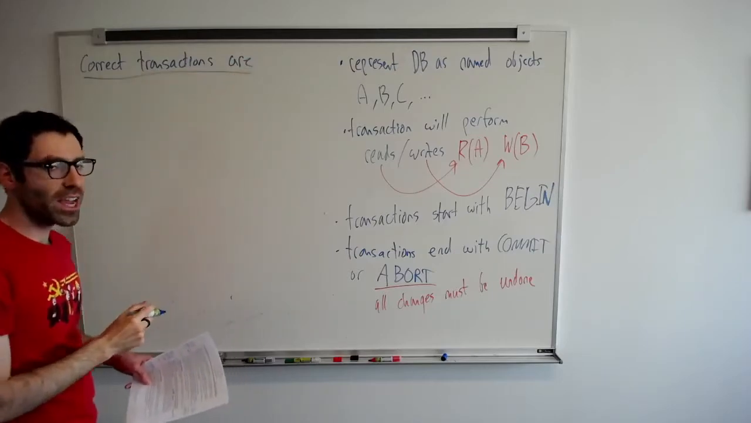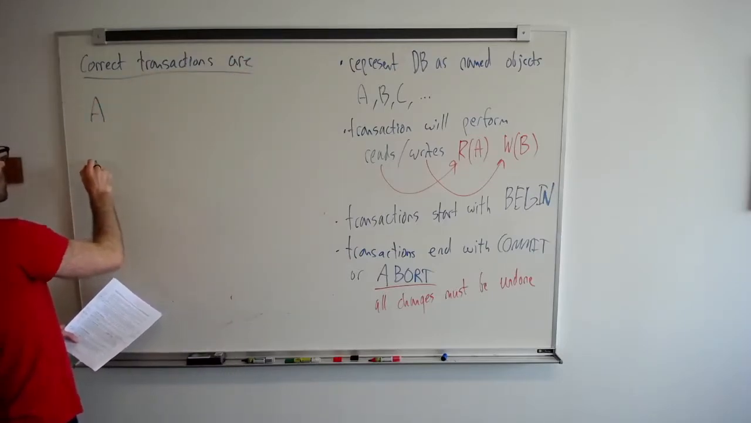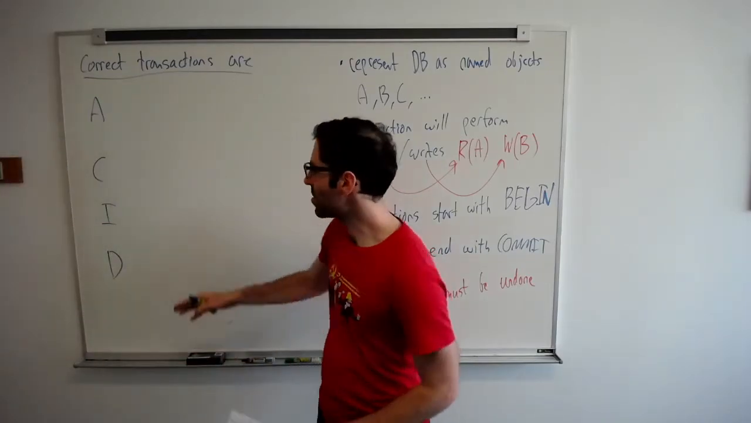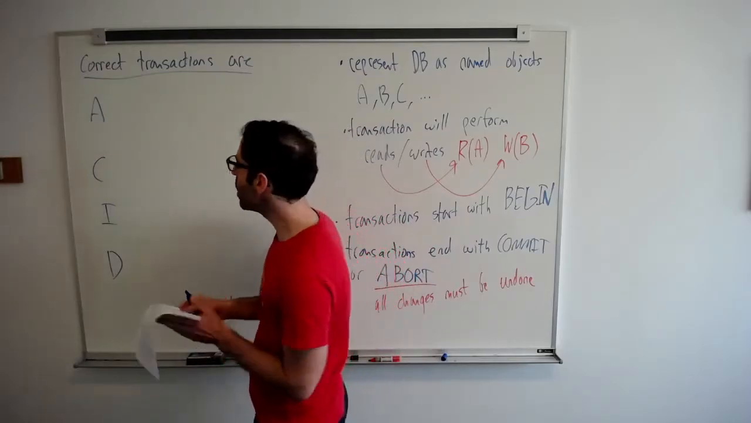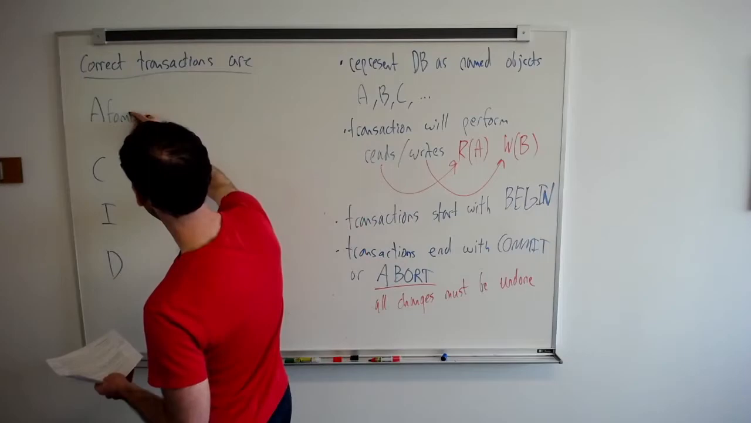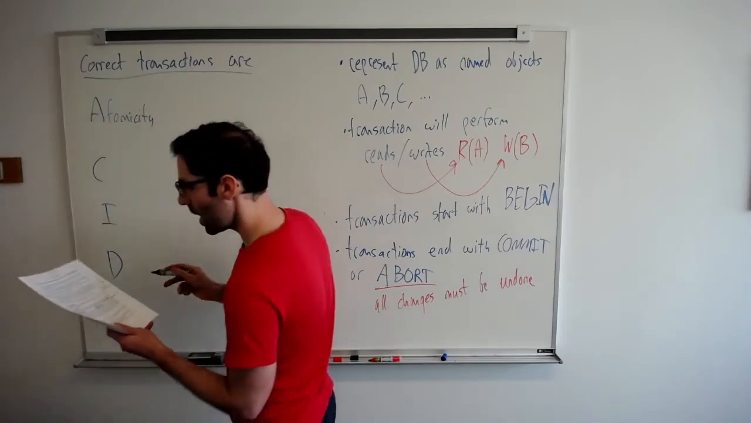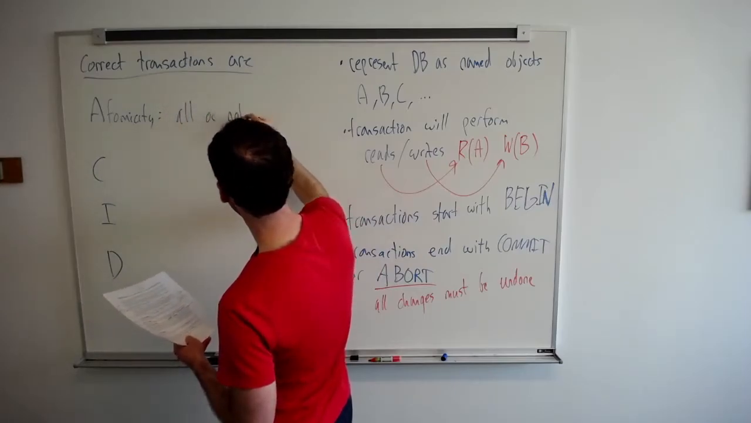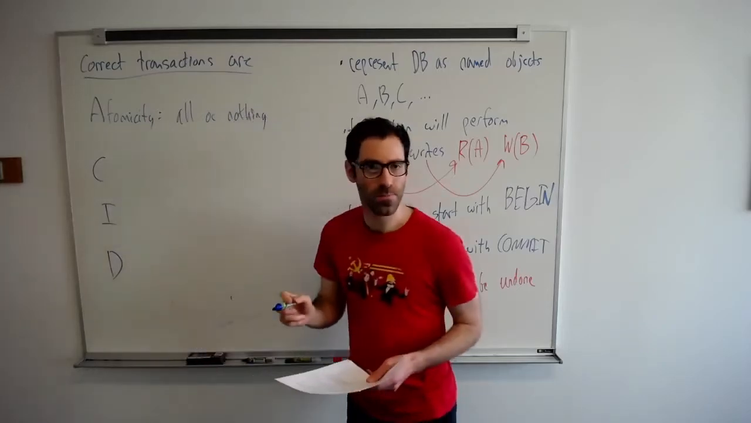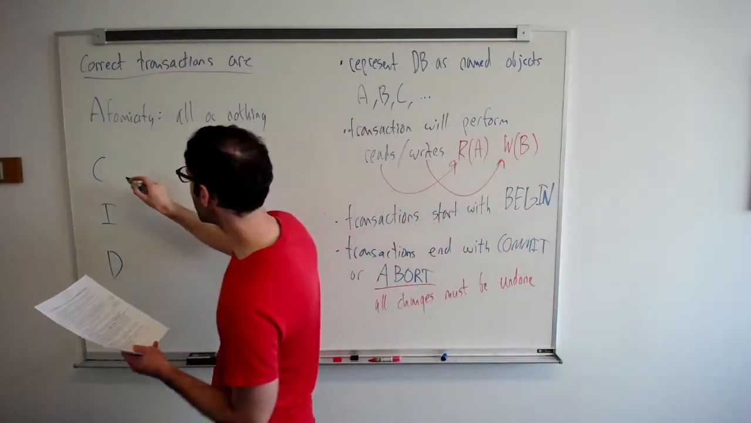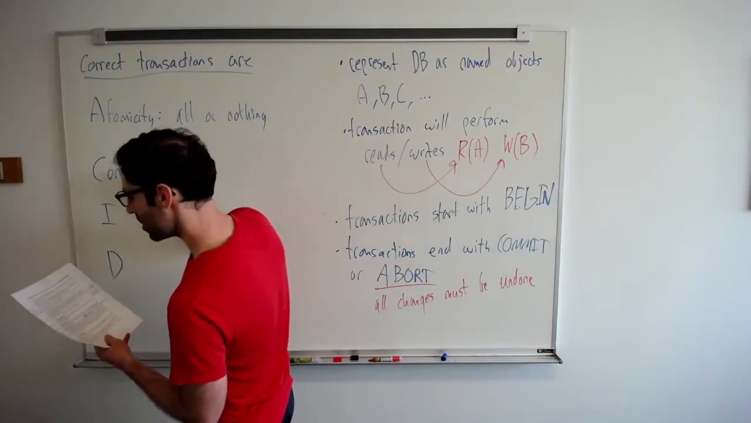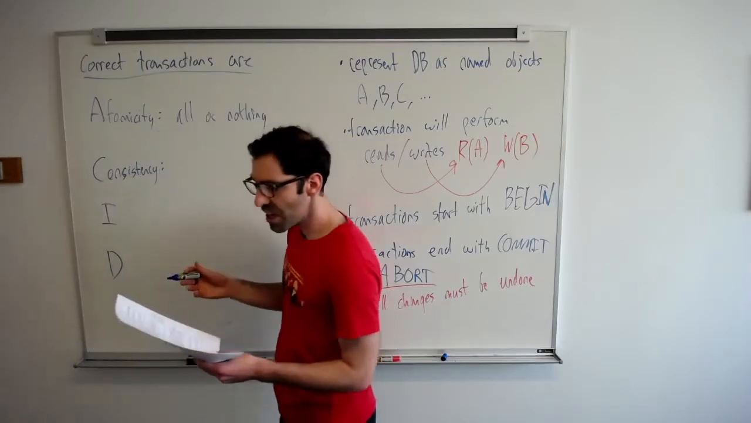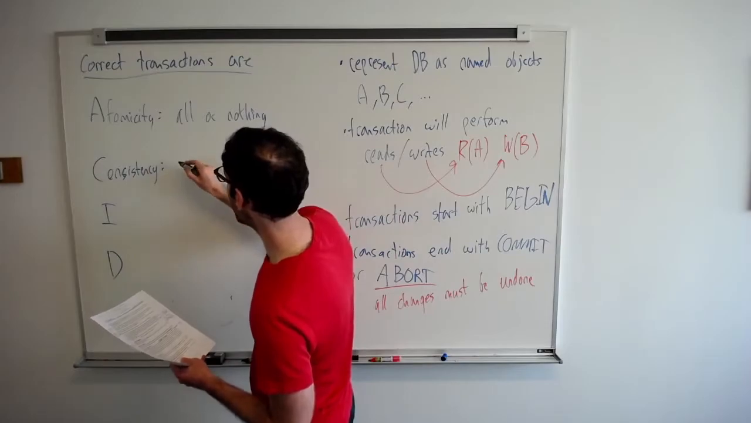So correct transactions are said to be ACID. And this is an acronym standing for Atomicity, meaning that this is our all or nothing. They need to be consistent. So we have consistency, and this is